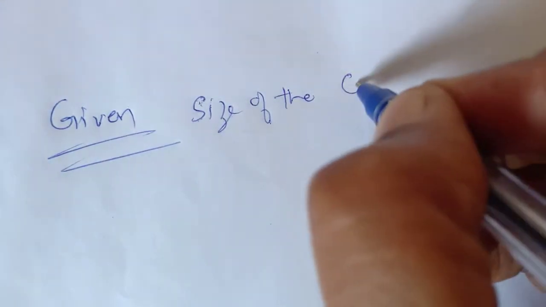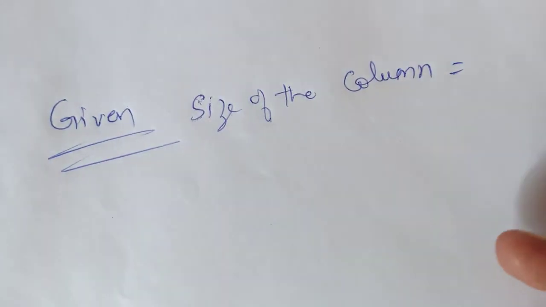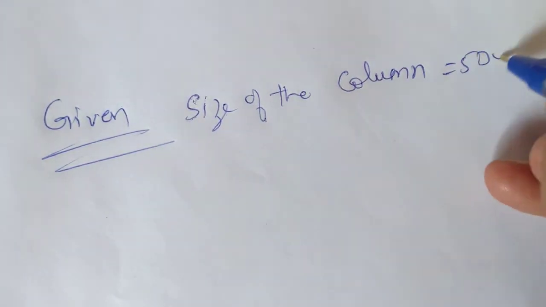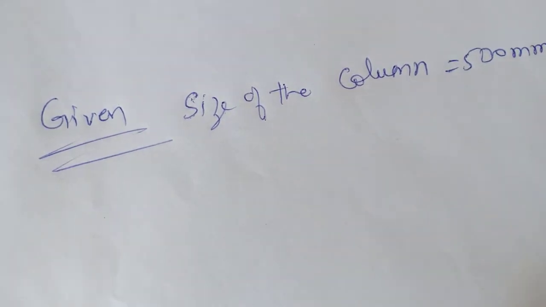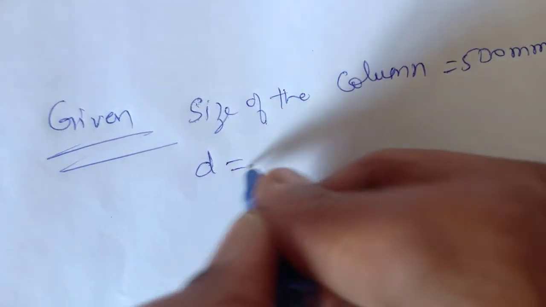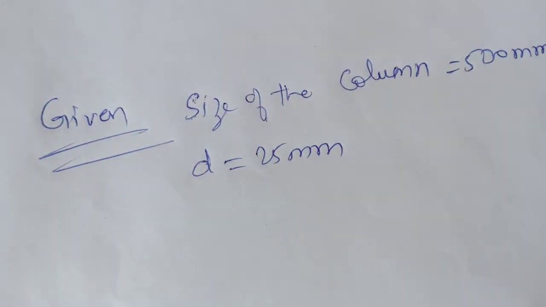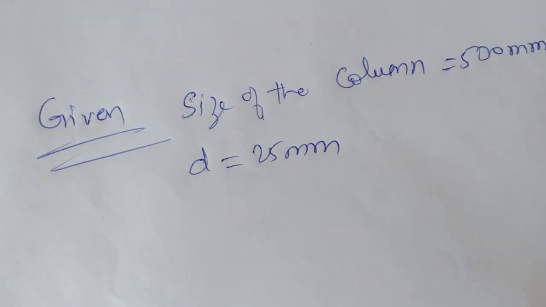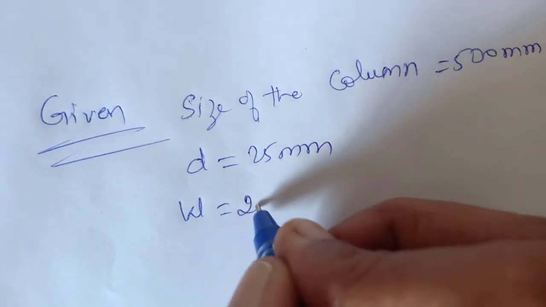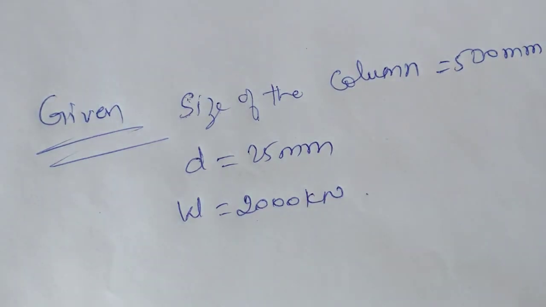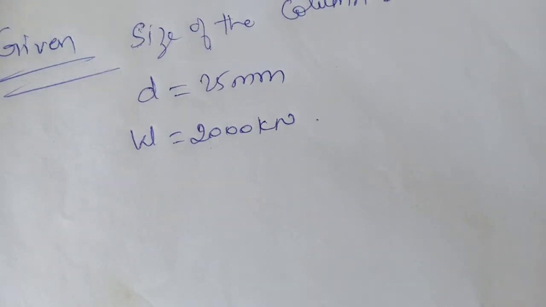So I'll write the given now. Size of the column is 500 mm by 500 mm, and the diameter of the bar is 25 mm. The column carries an axial load of 2000 kilonewtons. So load is given, 2000 kilonewtons,